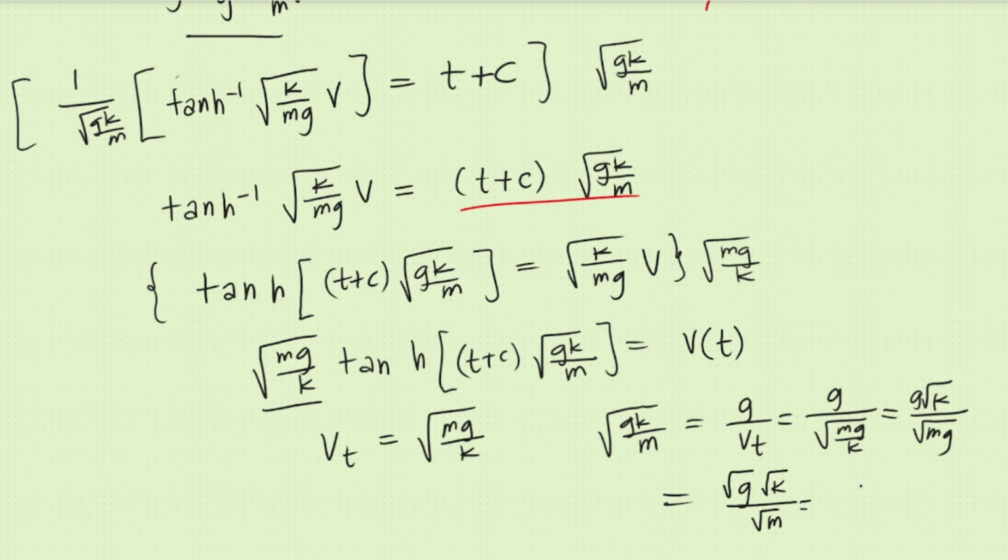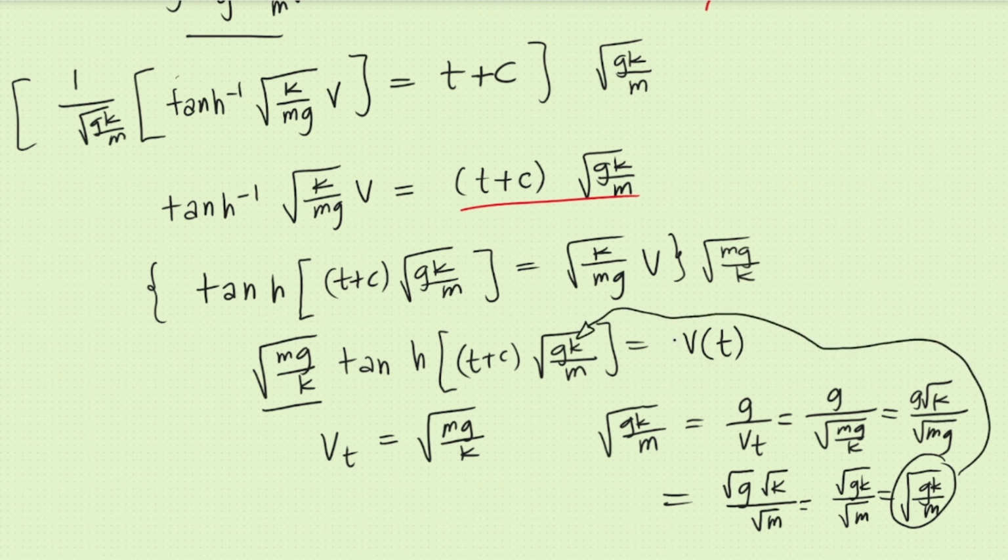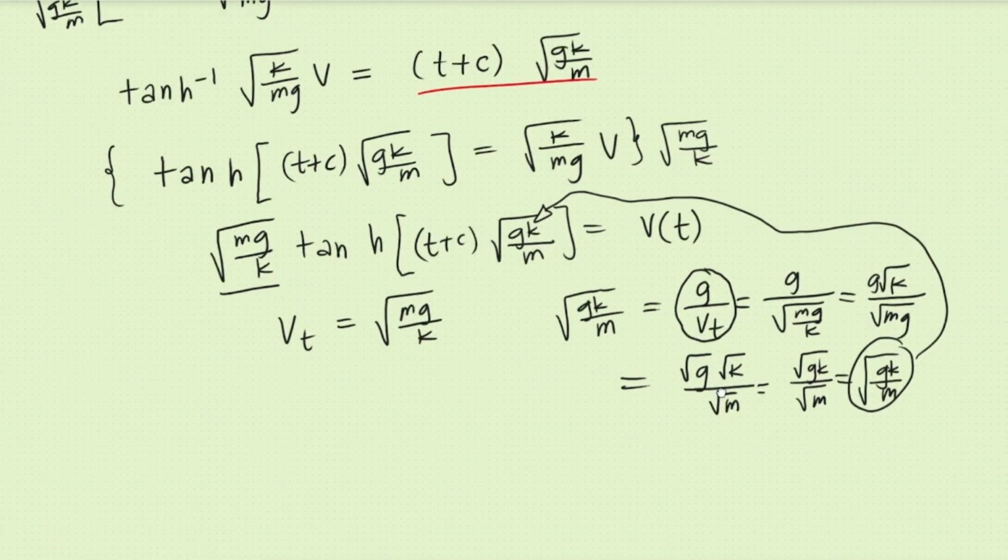So that's why we have square root of gk over square root of m, or just square root of gk over m, which is equal to this one here. So we're going to use this one, because we want our answer to be expressed in terms of vt,